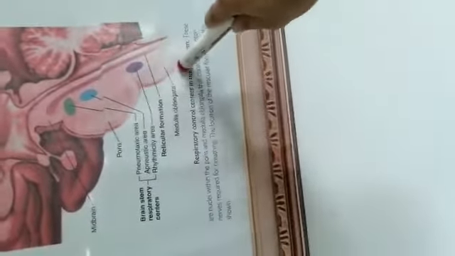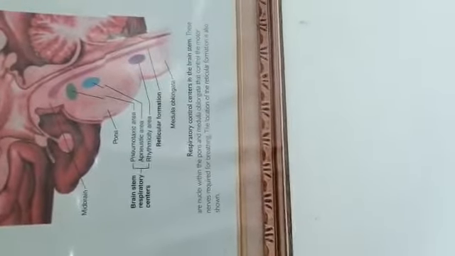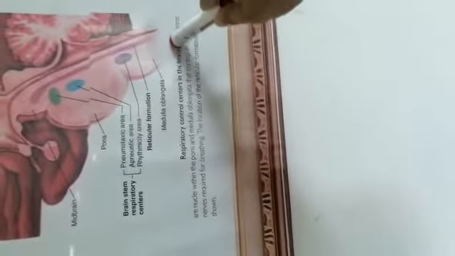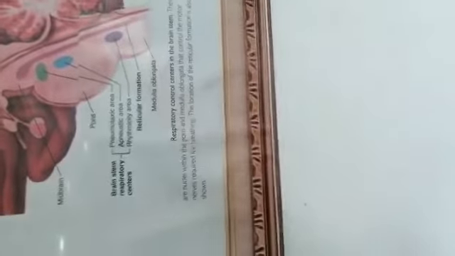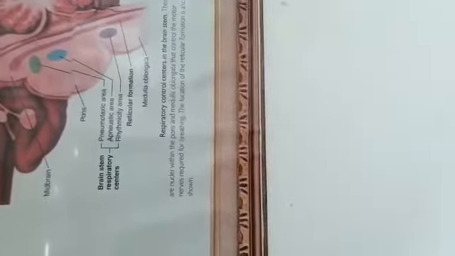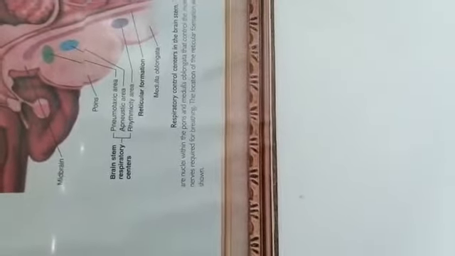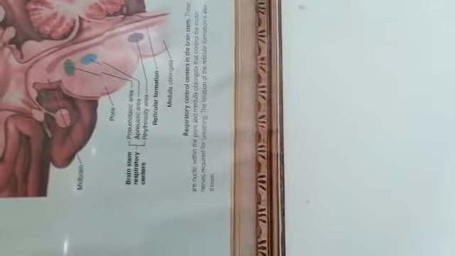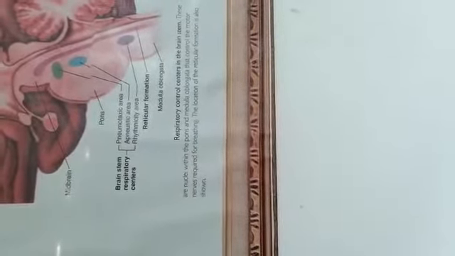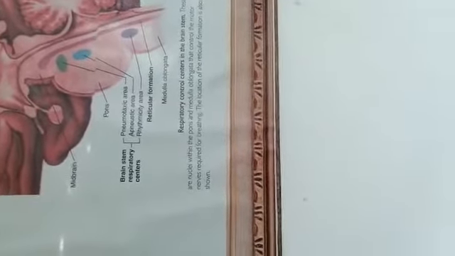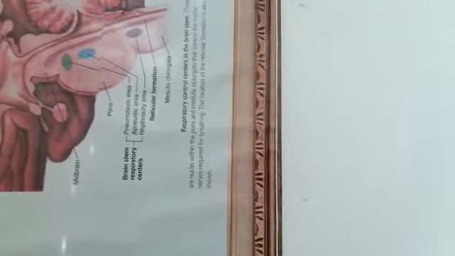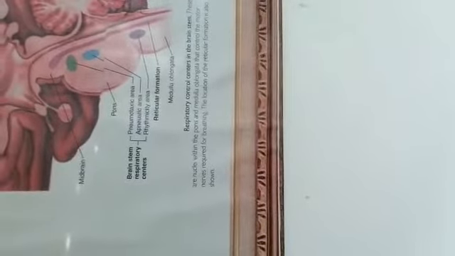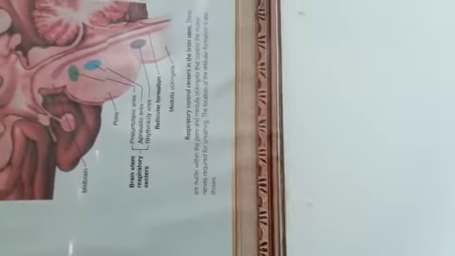Now, the third part of the brainstem is medulla oblongata. Medulla oblongata is located just beneath the pons, and below it is in continuation with the spinal cord. It has the anterior and the posterior part. The medulla oblongata also contains various nuclei as well as the centers for the control of the cardiovascular activity, for the control of the respiratory activity, and there are various centers for the control of the vomiting, sneezing, coughing, etc.